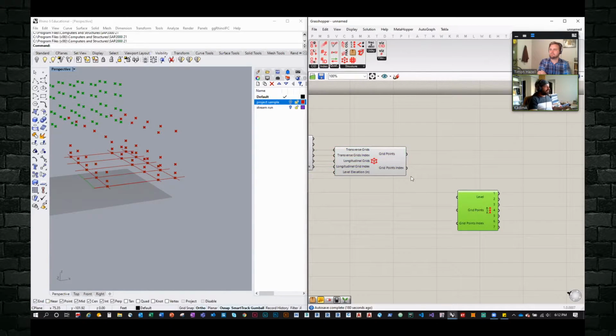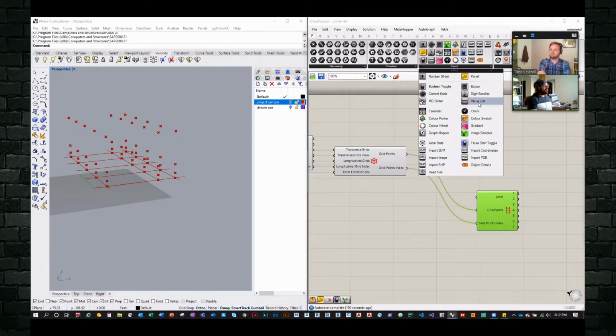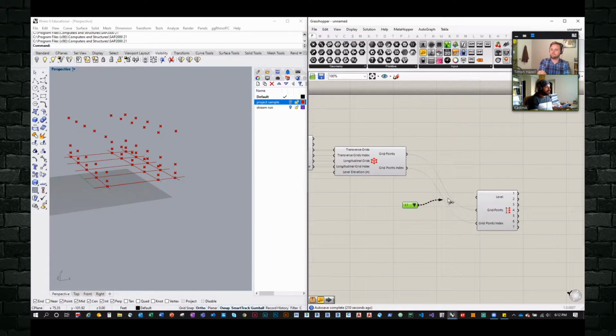So now I'm ready to take this point cloud and divide it up per level. I have this other cluster here that takes the grids, the points and the point index, and divides it per level. To list out level by level, I basically just create a value list for L1 equals 0, L2, L3, and so on, and plug that into here.